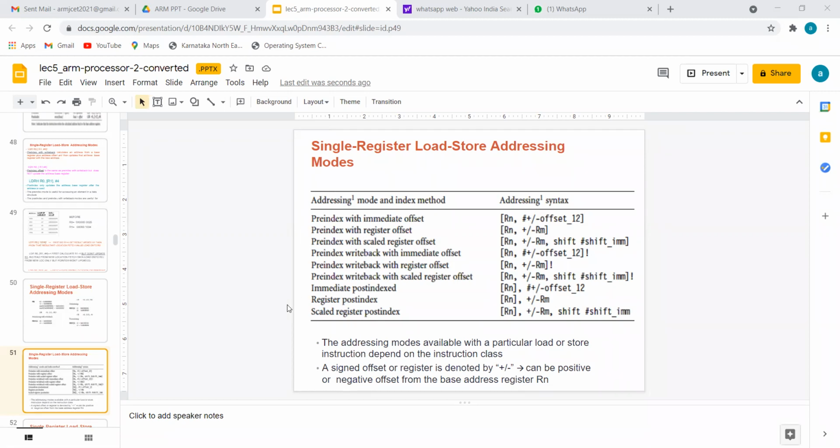Listen carefully. Please check the addressing syntax, inside the bracket or even outside the bracket, and what all the contents are. Here Rn comma hash, either plus or minus, offset; the hash is there. Very important, hash is there. Next, hash is not there. Then, hash is not there, but there is a shift operation. Please make a note: there is a shift operation.